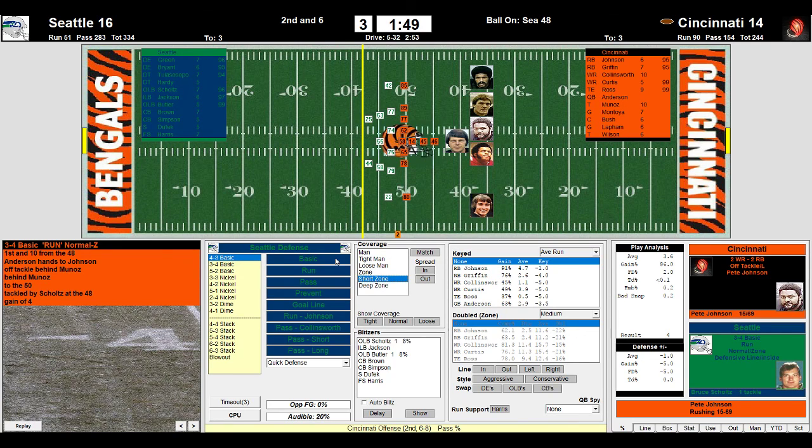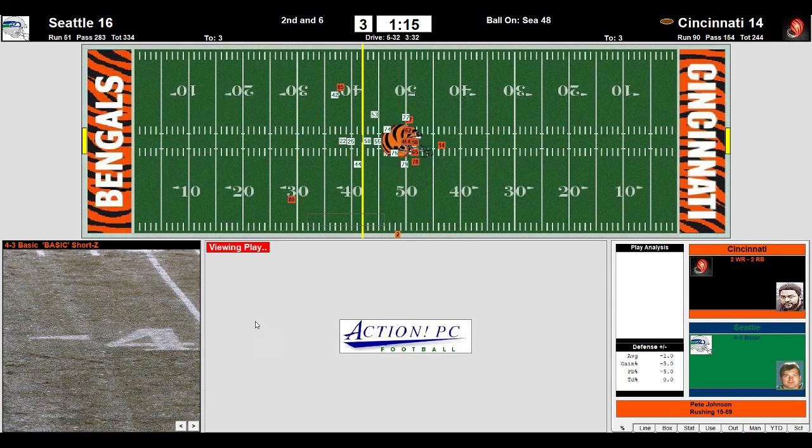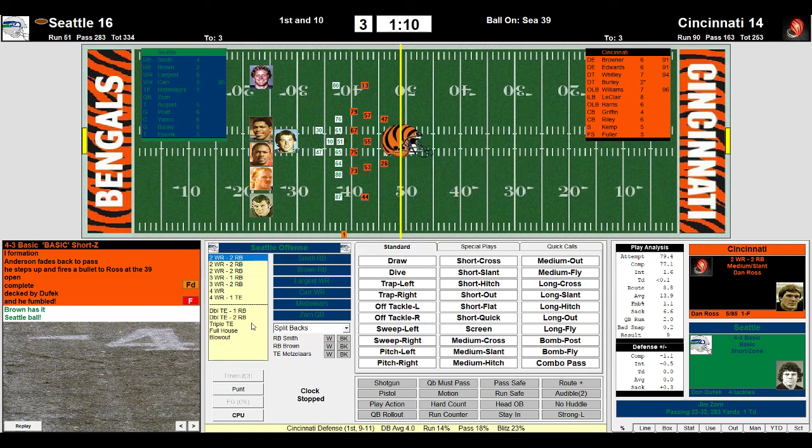Short zone. Basic. Anderson back to pass over the middle. It's a fumble! As Dufek destroyed Ross on the hit. Brown recovers and Seattle makes a huge defensive stop. What a banging hit by Dan Dufek on Dan Ross. Wow! Ross groggy coming off the field. Recovery by Brown. So with 1:10 to play in the third quarter, Seattle maintains at this point in time their 2-point lead, 16-14,